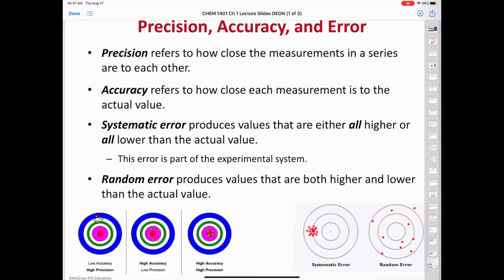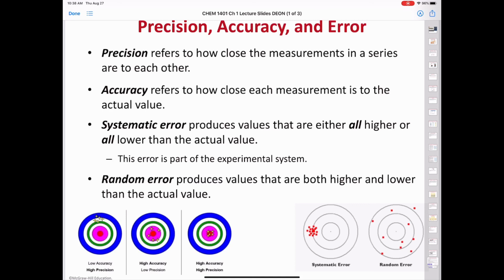Before I end this video, I just want to say a little bit about precision, accuracy, and error. We use the words precision and accuracy interchangeably in our everyday speech, but for scientific measurements, they have distinct meanings. Precision refers to reproducibility, or how close measurements in a series are to each other. And accuracy refers to how close each measurement is